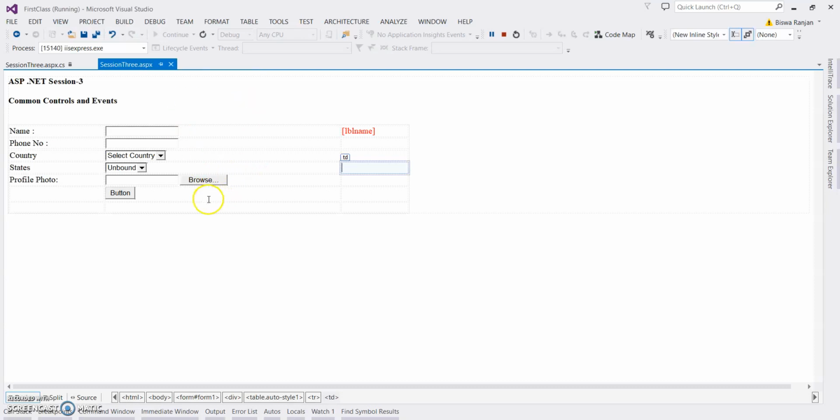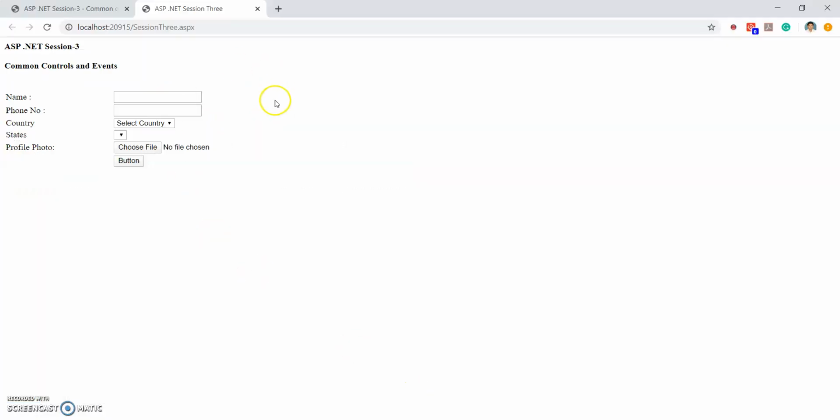And this depends upon your Visual Studio version. If you are running Visual Studio 2013 or a lower version, you don't need to run multiple times, you can just refresh the page. But if you are running Visual Studio 2013 and above, then you need to always rerun the application.